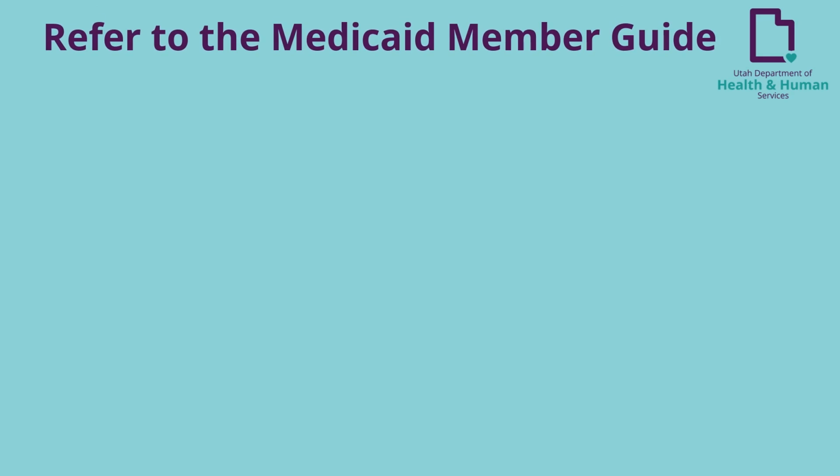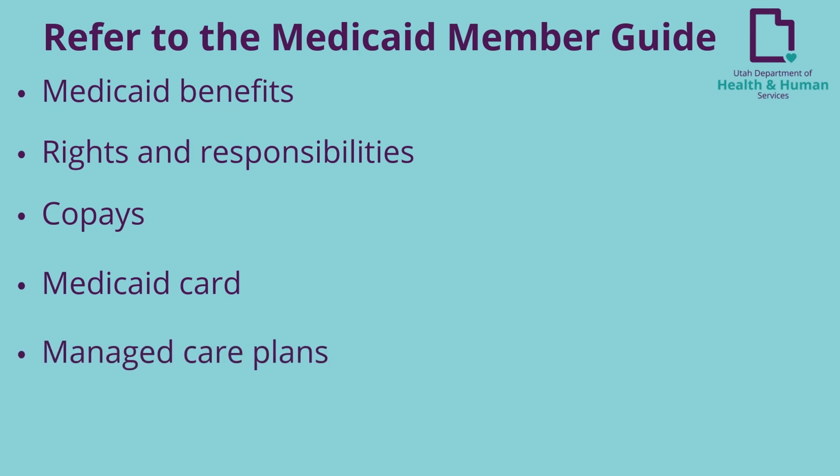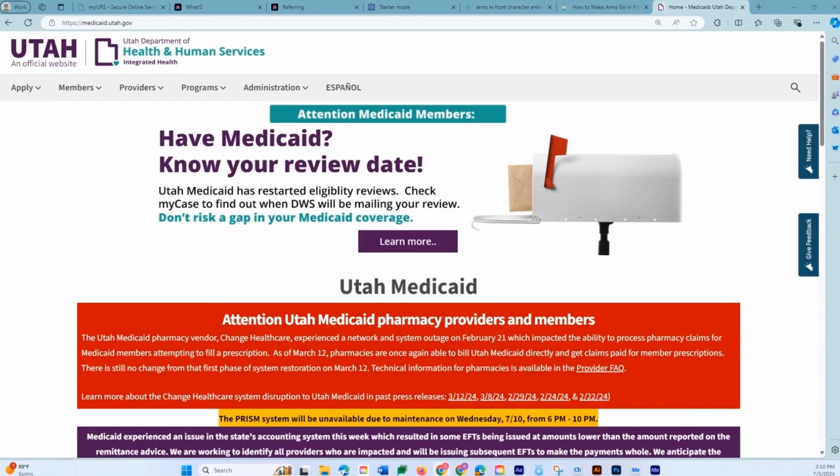Referring to the Medicaid Member Guide. Become familiar with the Utah Medicaid Member Guide. This guide helps to explain your Medicaid benefits, rights and responsibilities, copays, Medicaid card, managed care plans, well-child exams. This guide can be found on the Utah Medicaid website. That URL is